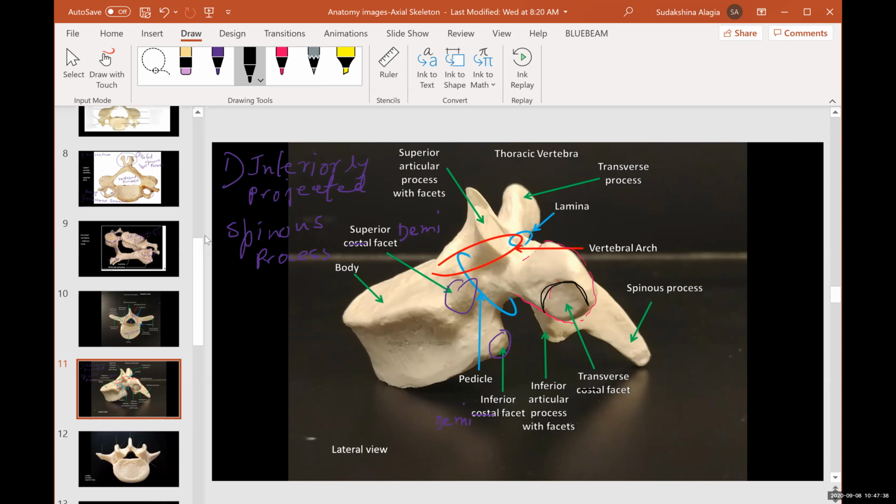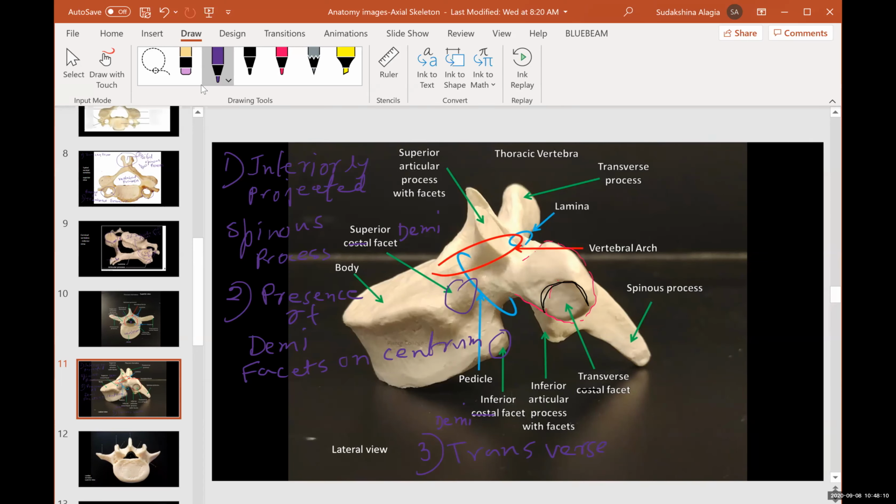So, inferiorly projected spinous process. Second is presence of demi-facets. This is what I have in the lab manual, the list that I provided as well, on the centrum. And the third one is transverse